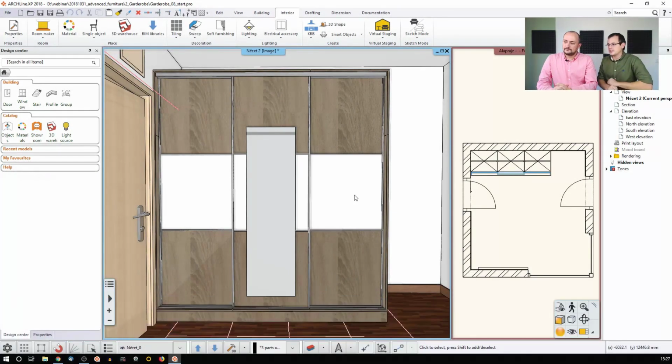What we see on the screen is actually a cabinet, or actually a wardrobe, with some sliding doors. How did you create these panels? These panels are not only materials applied in bars and things like that. This is actually a truly 3D modeled unit. And first, it might look